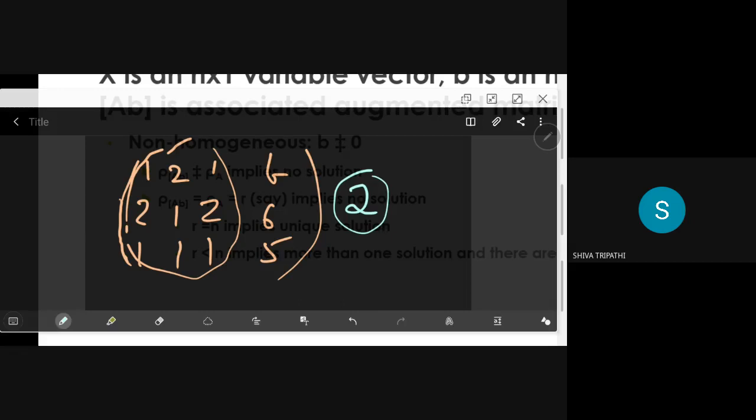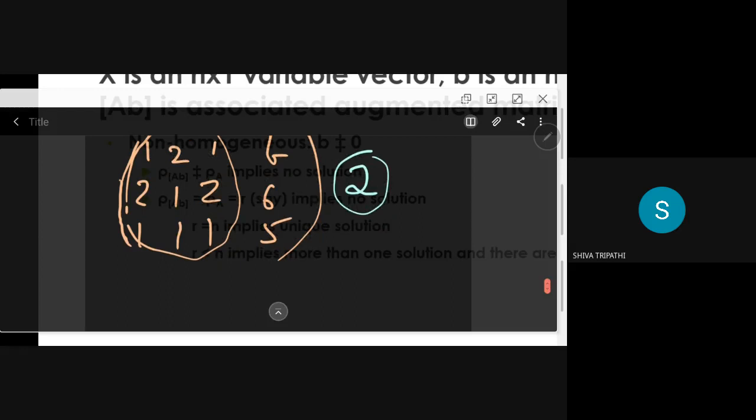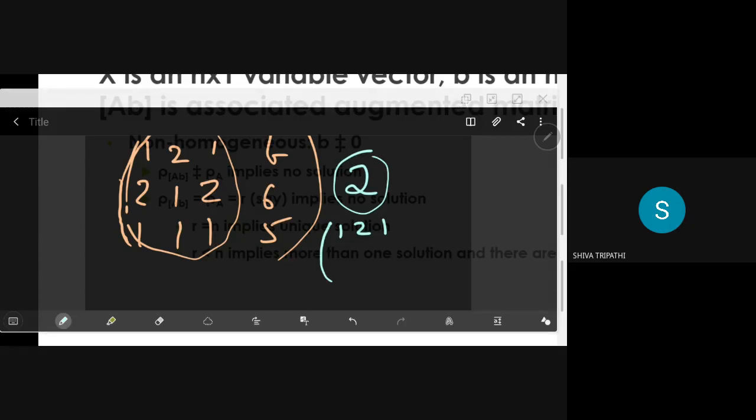So we need to go for performing the operations, there is no other way. If I perform operations here, I have 1, 2, 1, b. I don't want to do it like that. What is wrong in that? Yeah, right, good. 1, 2, 1, b, good.